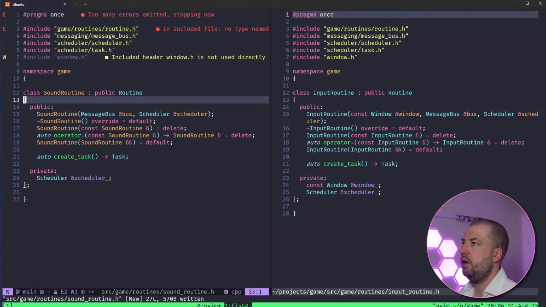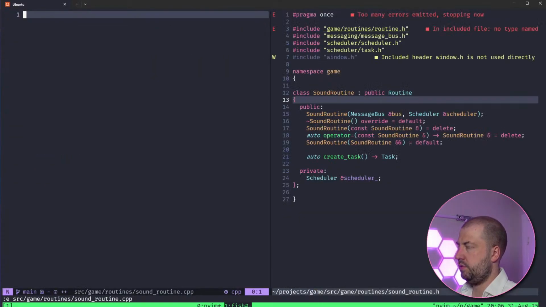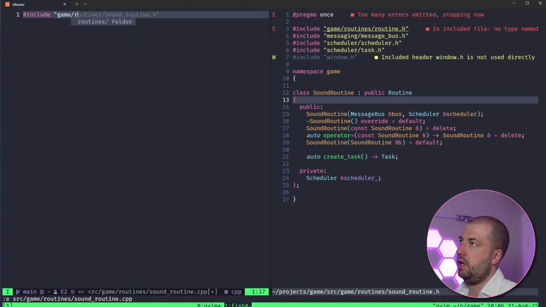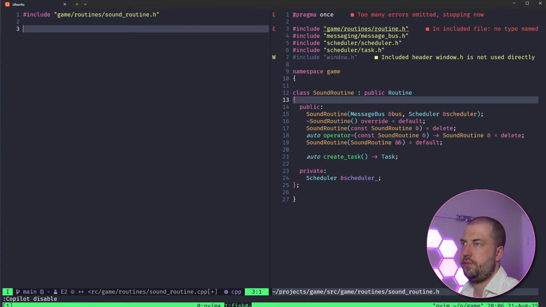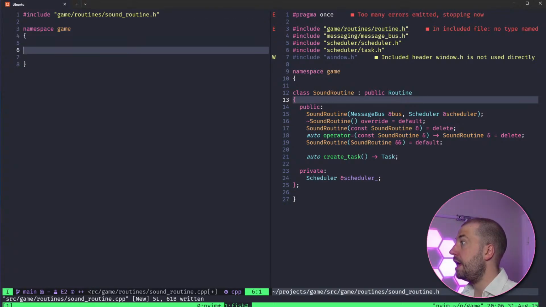Buttons aren't working. Sure, I mean, as good a place to start as any. So let's do source, game routines, sound routine.cpp. I'll have one of those, move that over there, take in a game routine. Hang on. No Copilot, thank you very much. Too many errors.